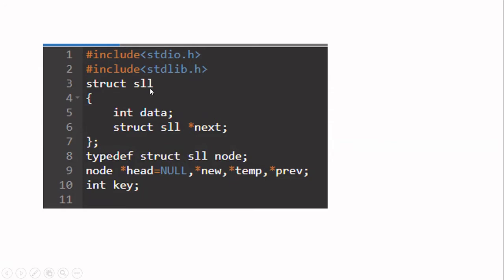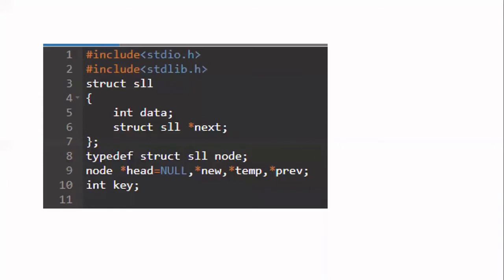In the structure, SLL is the name of the structure because it is a single linked list. It contains 2 fields. First field is the data, which is an integer. Second field is a next pointer. This is a pointer to the same structure. So here you write struct SLL. Okay, I have created a tagged structure. And to reduce the burden of writing the struct keyword many times in my program, I am going to use typedef, and I am going to give a short name for this particular structure. If you don't give a short name, everywhere you have to use struct SLL in all the places.